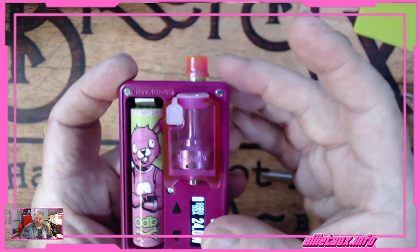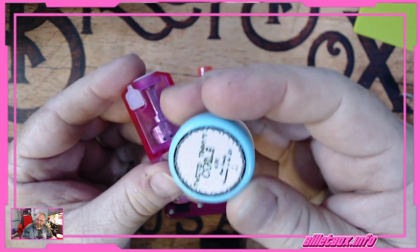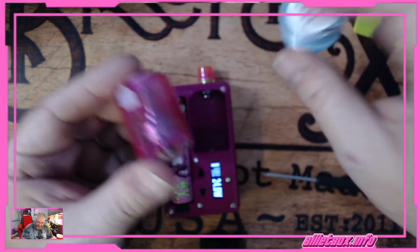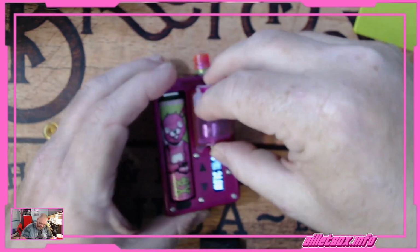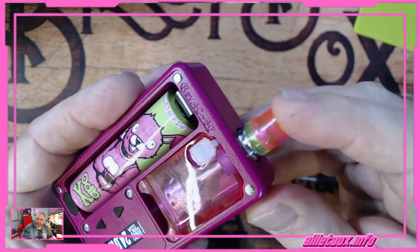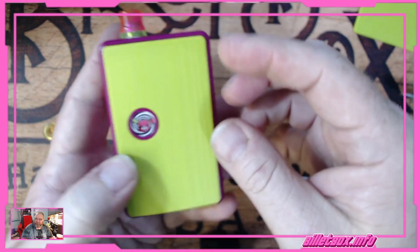This actually matches perfectly. This pink Vape Snail tank just came out, which I took the drip tip out and used one of these Twisted Timmy coils. This is a BB mouth to lung, reduce lung, N80. Yeah, 0.35. Let's throw it in there, see how it looks. There we go. That is a perfect match color-wise there. But this pink is not a good color match. And, well, my Billet Box, or my bunny logo isn't really a good match either, but...